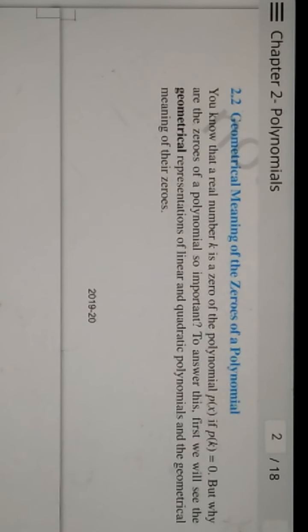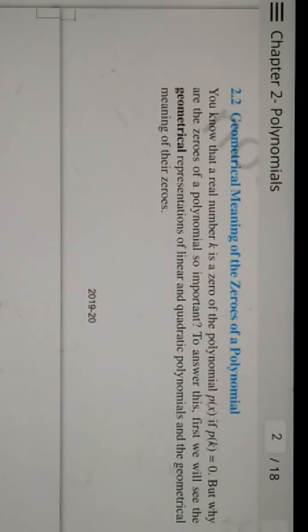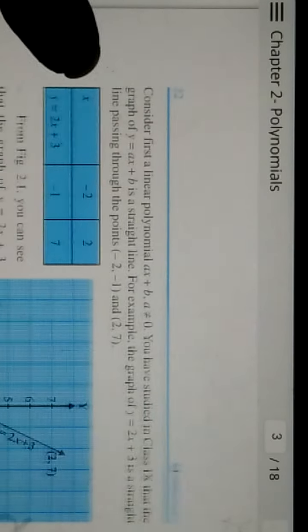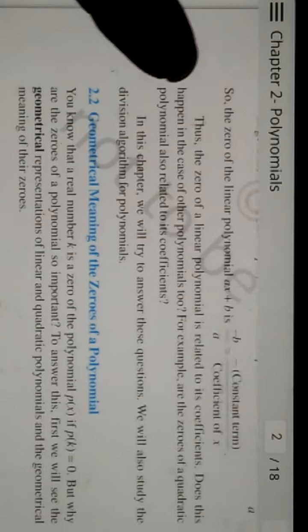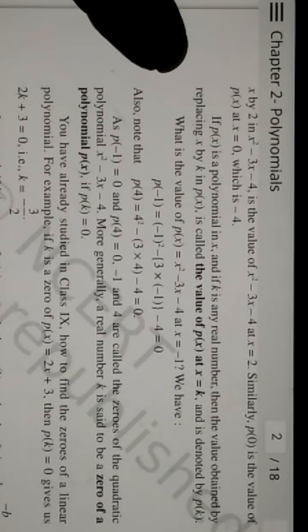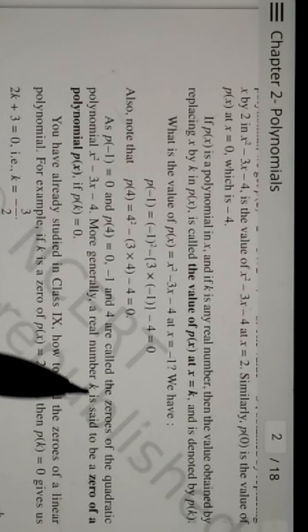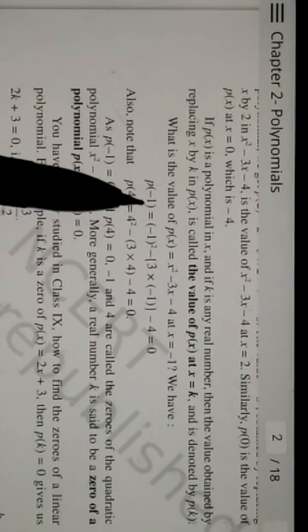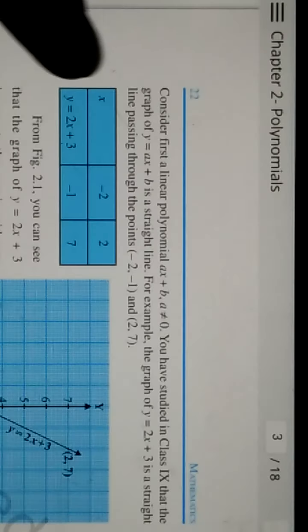Now what is new here is the geometric meaning of zeros of a polynomial. Graphically, how do we understand what the zero of a polynomial means? That has been explained here. As you see, children, this is actually the value of the next variable y. Earlier also you must have done this. If I'm evaluating p(x), then f(x) is equal to y. That is how we used to write, remember? So y is equal to f(x). So the value that comes out, we call y, or the second variable, right? So that y now, so graph, you've studied graph also.